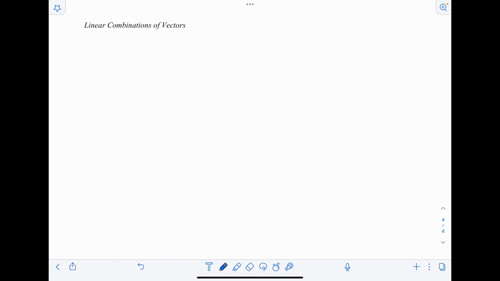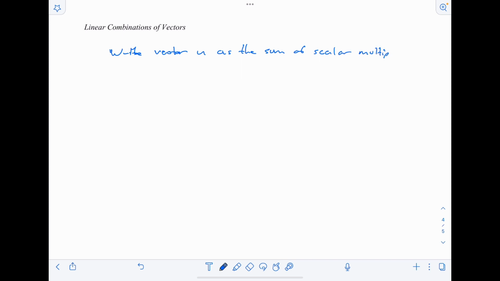All right, so let's finish up by talking about linear combinations of vectors. So if I write a vector u as the sum of scalar multiples of vectors, we'll just call them v1, v2, up to vn,